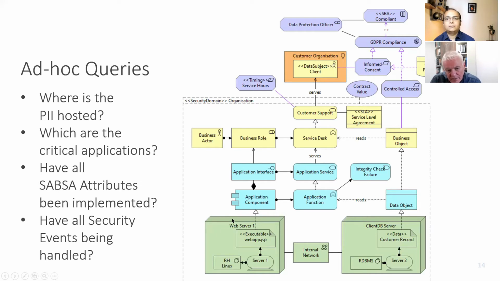Correct. And then on the lower layer, you see how that application is deployed on the technical infrastructure. So we've got a web server and we've got a database server connected by a local network. And the artifacts are a JSP file and a data record. Now, looking at the